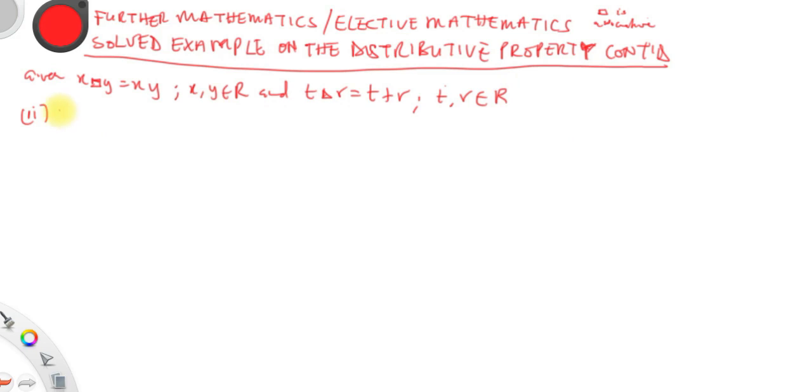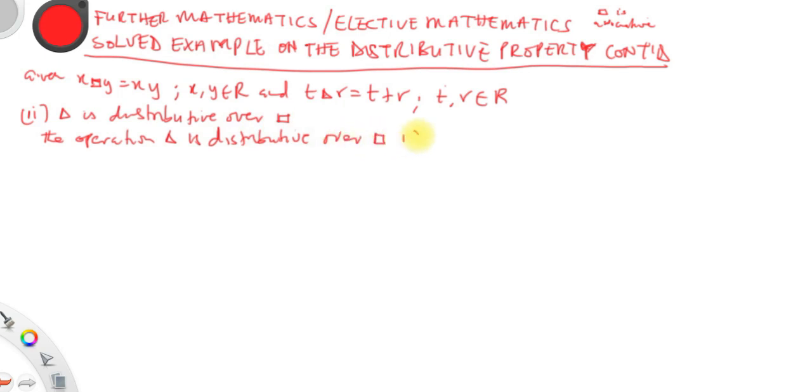So I say you should show whether or not the operation triangle is distributive over square, the operation square. So we say that the operation triangle is distributive over square if, let's say, t triangle (s square